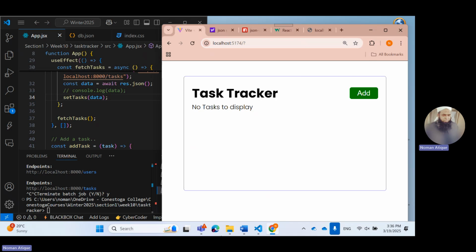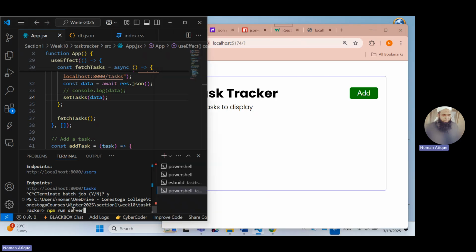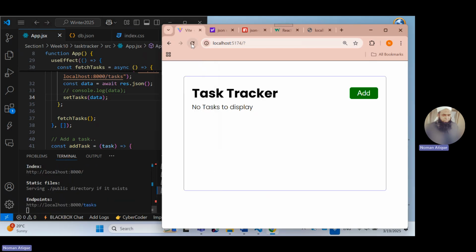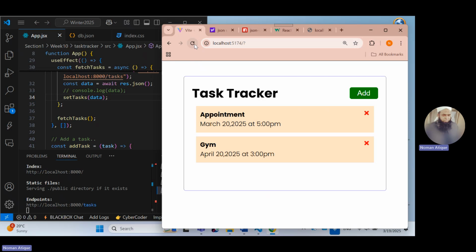But if I run this server back, which I will definitely do, I'll come here and, how to run the server, npm run server, run that server and come and click on refresh. Look at that. I have 2 tasks over there right now because I updated db.json. And what about this one? If I remove these 2 tasks from here,